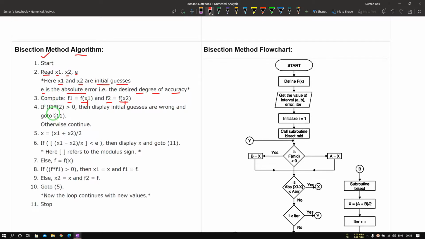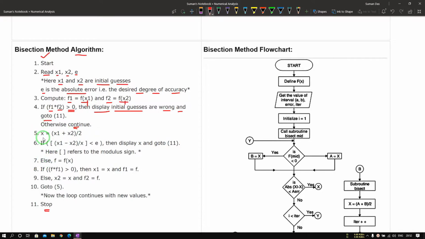So here, if f1 times f2 is greater than 0, that means we are not getting opposite signs. That's why it is giving us greater than 0. Then we display that the initial guesses are wrong and we go to step 11, which means we stop the program. Otherwise, we continue.